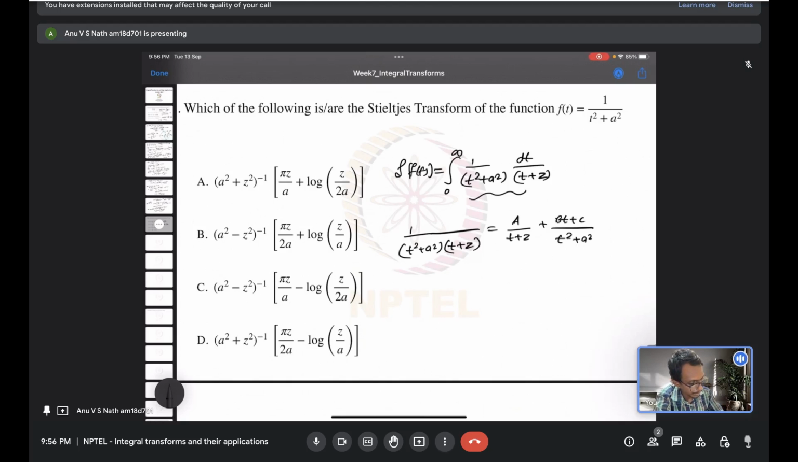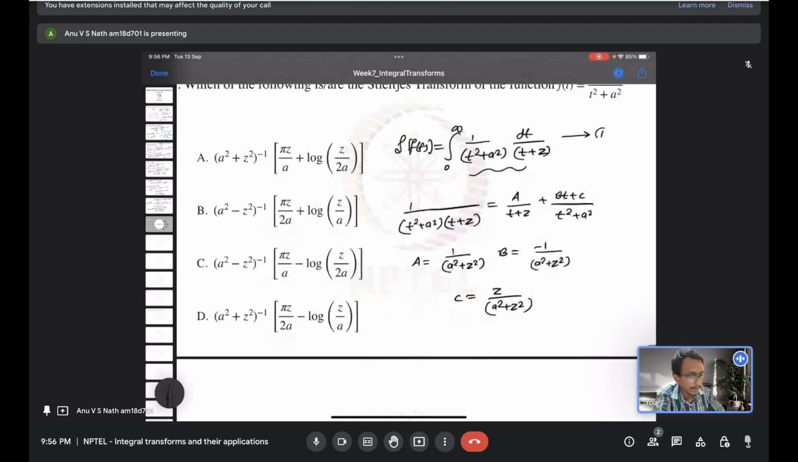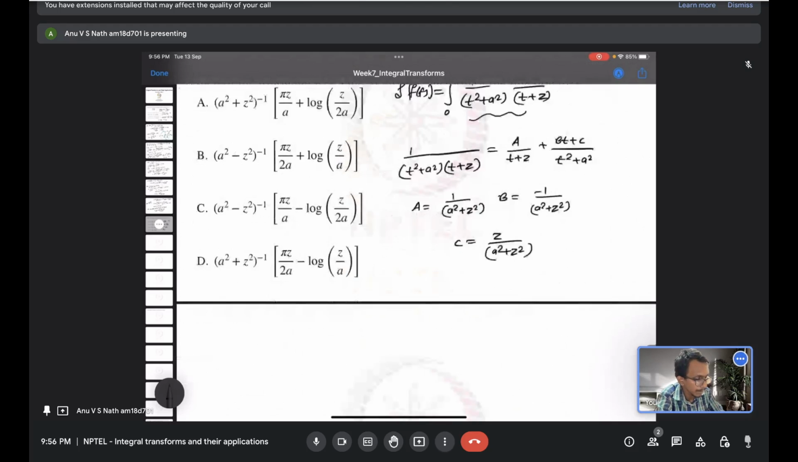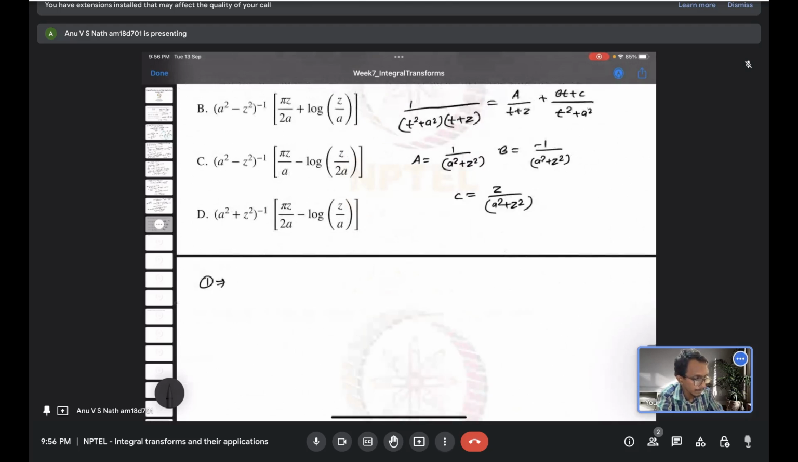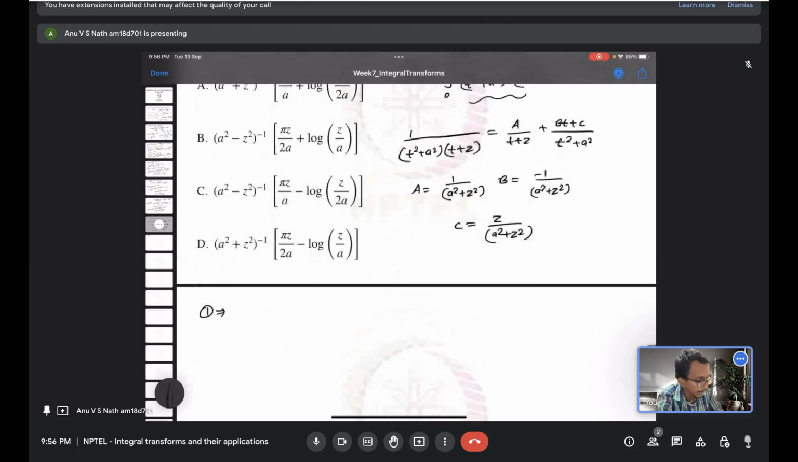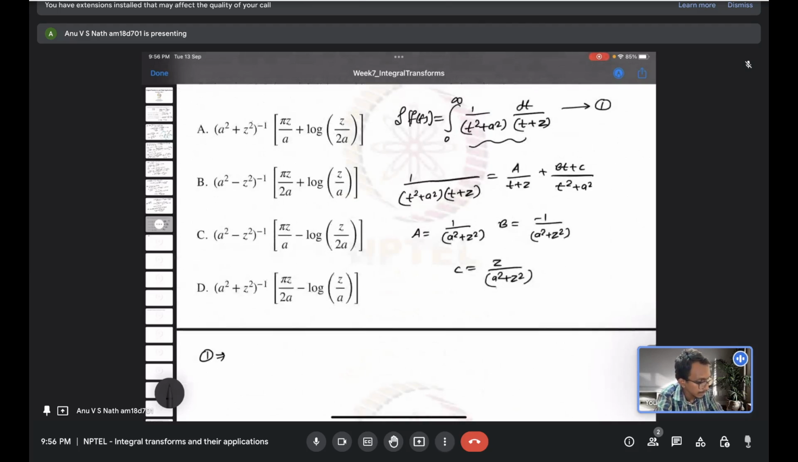So you will find a, which is equal to 1 by a square plus z square, b, which is equal to minus 1 by a square plus z square, then c, which is z divided by a square plus z square. So let me denote this expression as 1. So from equation 1, if we substitute these values there, we will find basically the Stieltjes transform of